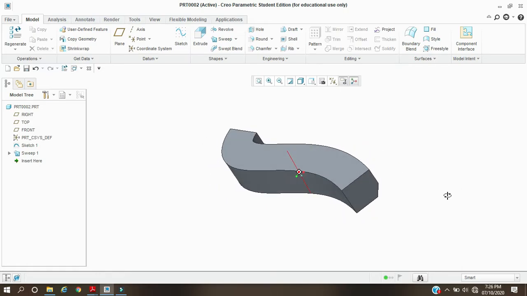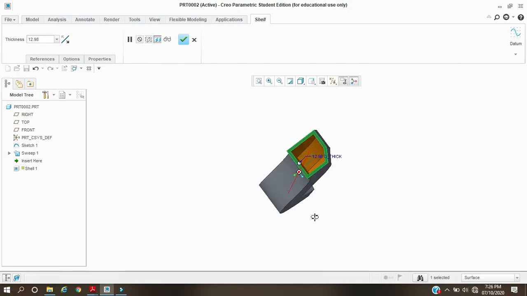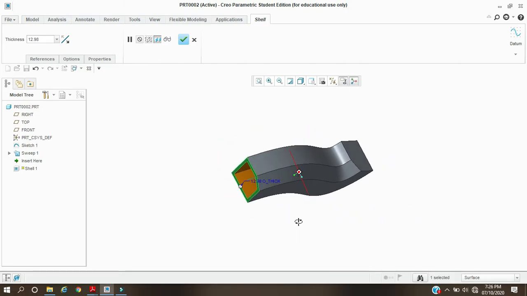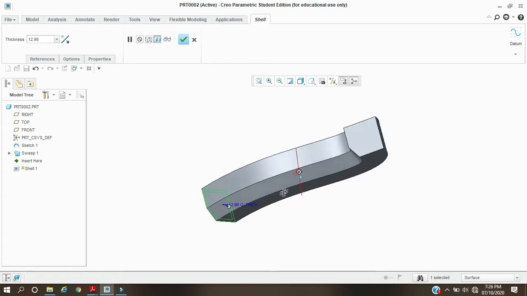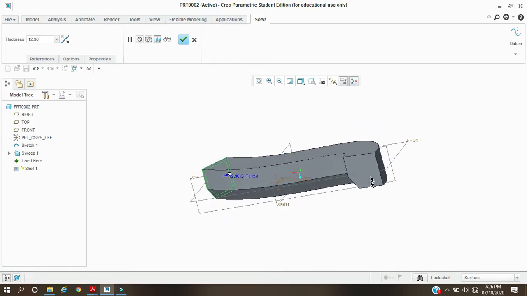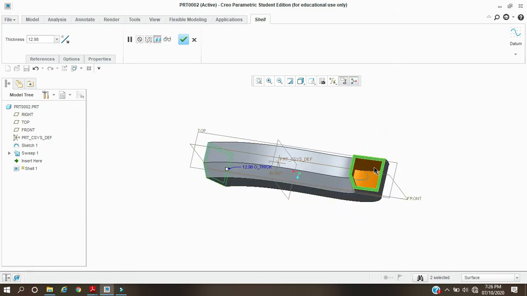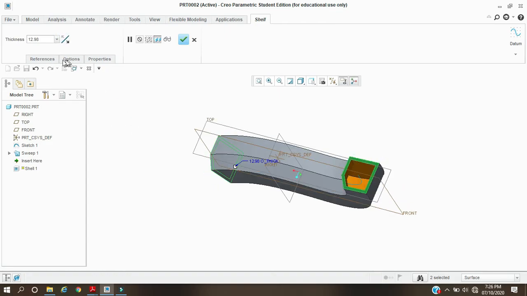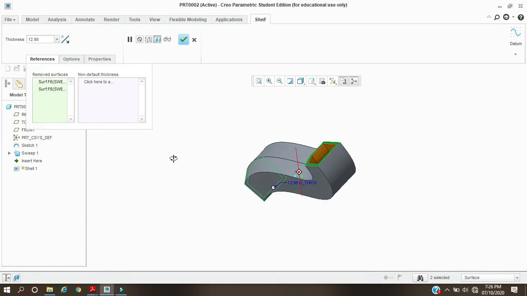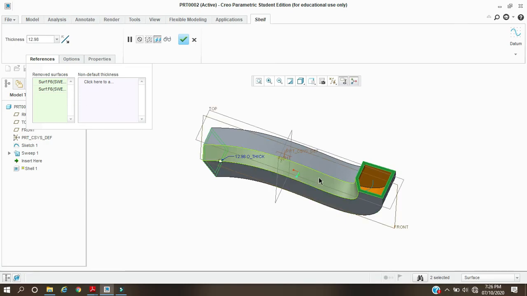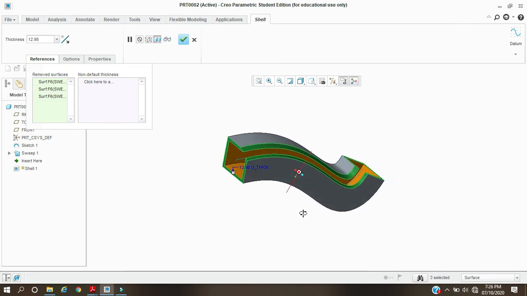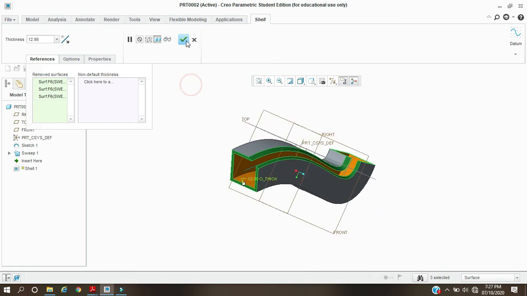Now I want to shell this feature, then it is also possible. Open the shell and select the face. Now we can see only one face got shelled, and if you want to do this face also, then press Ctrl and select the face. Then both the faces will get removed and thickness is added to the faces, and all other features are the same. In the reference, we can remove individual faces also. Just press Control and select the edges, then it is possible. So that's it.